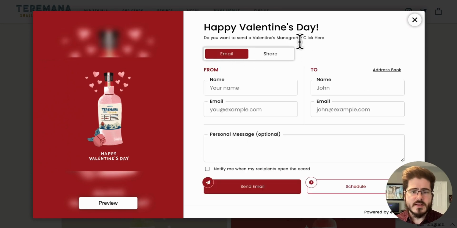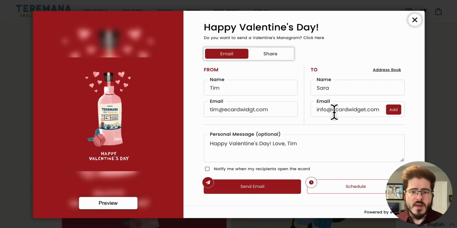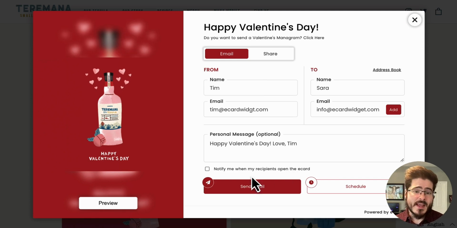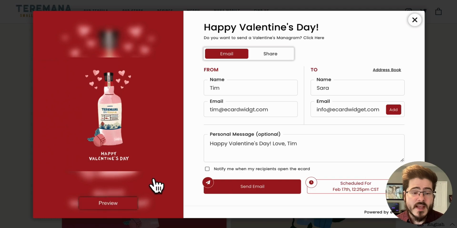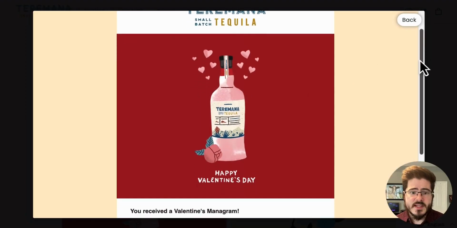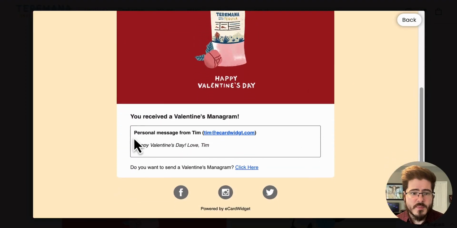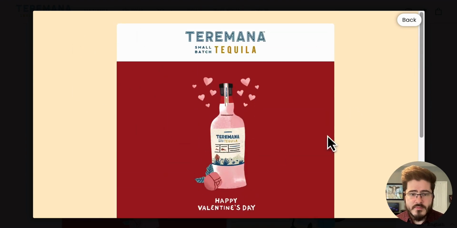So real quick, let's take a look at what it looks like when we fill it out. So I've added my recipient. It's from me to my wife, and I've got a personal message, and I can even mark it to notify me when my wife opens the card, and I can even set it for Valentine's Day. To see what it looks like, I'm going to hit preview, and I can see here what my card looks like. I can see my personal message,